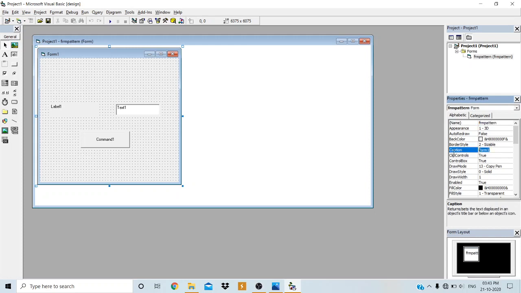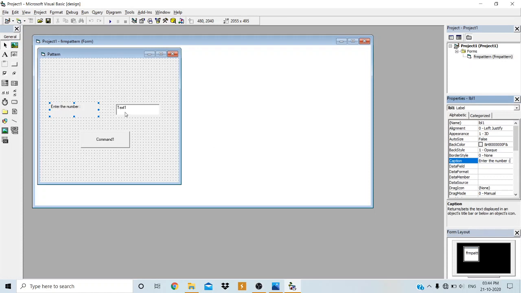I will change the caption of the form as Pattern, and for the label I will change the name of the label as lbl1, and also change the caption as: Enter the number colon.